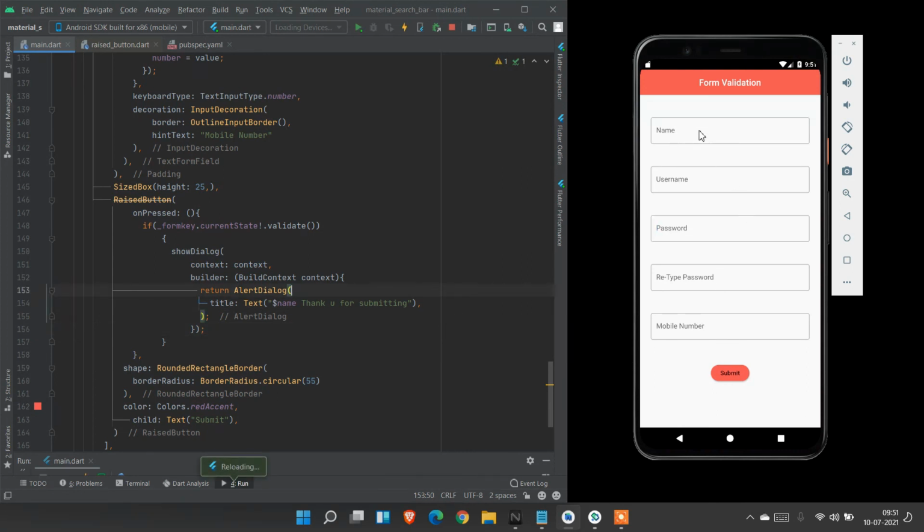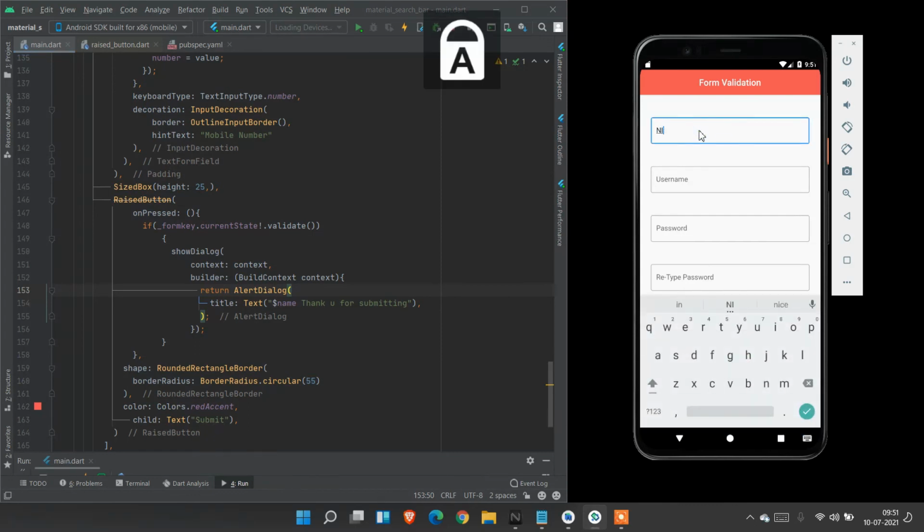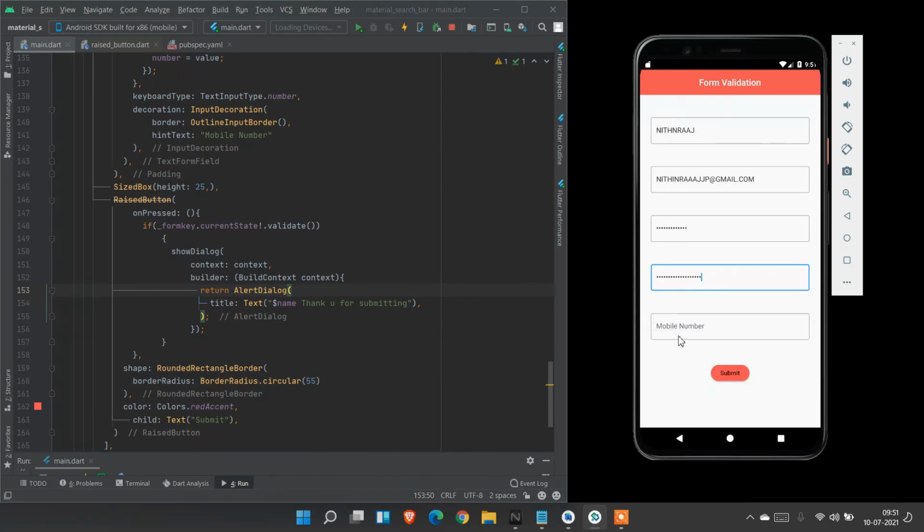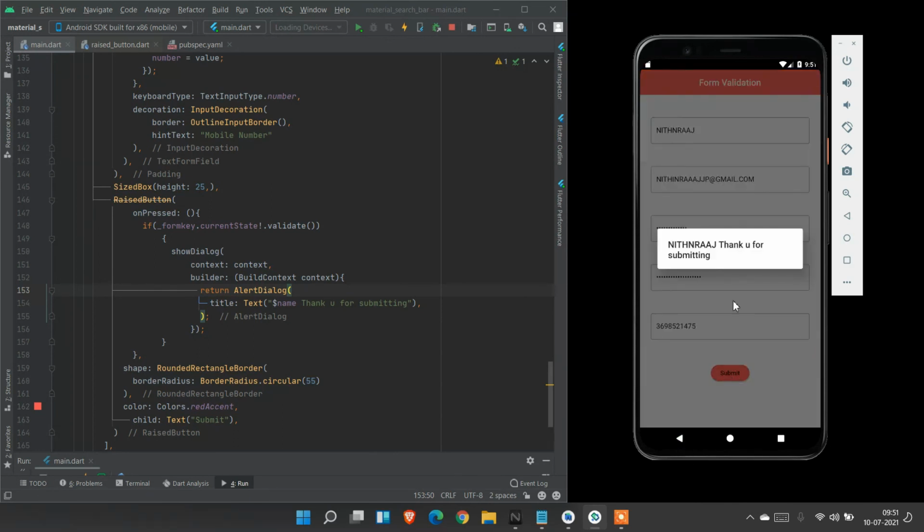Now I'm going to type name, username, the password. Our condition should be password must not be less than 6 characters, and mobile number. Now I press submit means it will show thank you Nitin Raj for submitting.